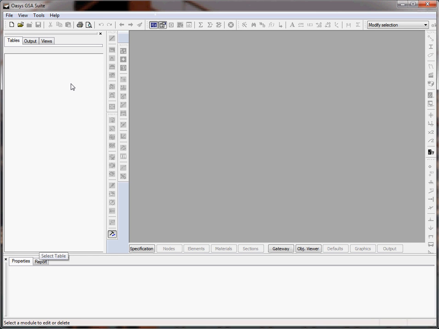Welcome to the beam analysis in GSA tutorial. In this tutorial, you're going to learn how to build a simple beam model in GSA, make use of load combinations, obtain bending demands, shear demands, and beam deflections. In order to illustrate this, I'm going to follow an example that you can find in your beam analysis and